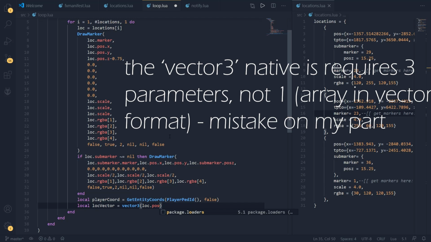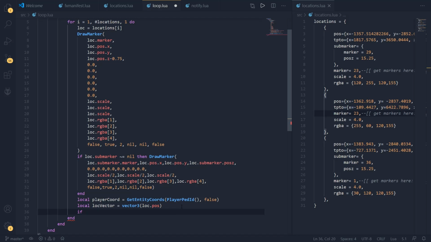So just like that, we're going to plop that in there. And now this is the actual logic. So if we are inside of the circle or radius or whatever the draw marker is, we're going to do something. So if vdist,